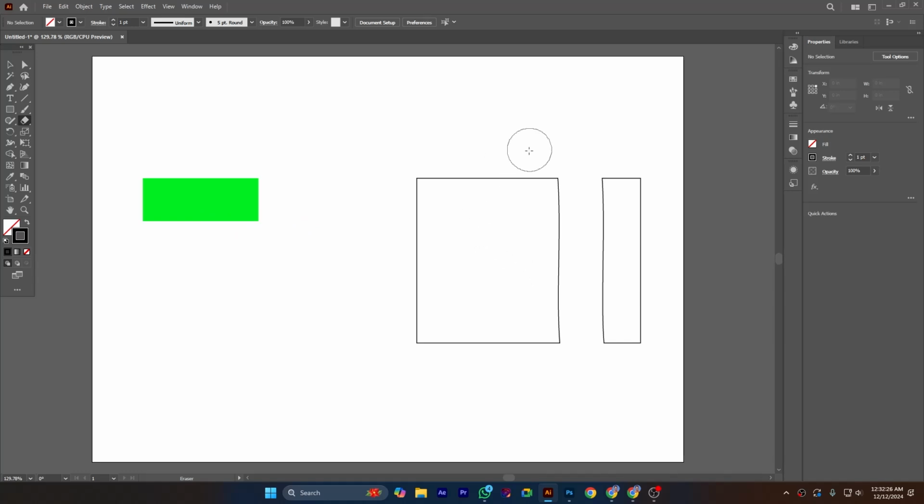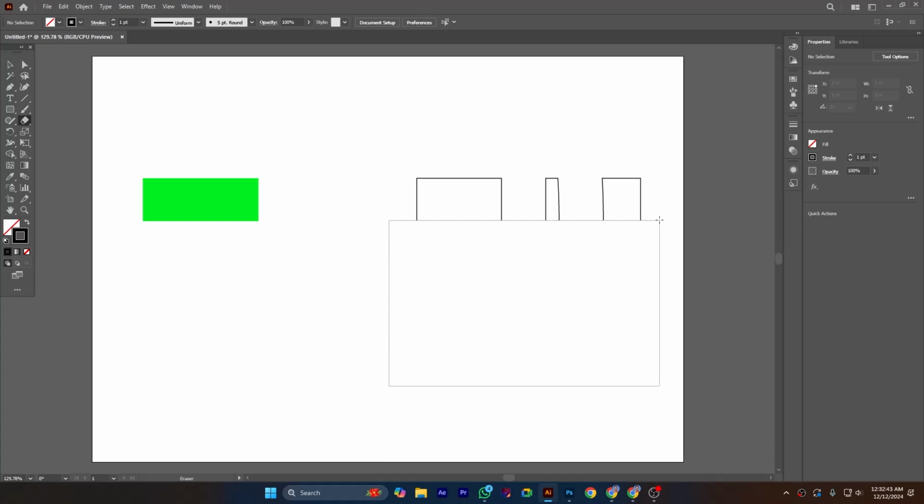If I hold down Shift and then drag, it will erase the path and create the path in a straight way. Also, I can hold down Alt and select the area of the parts of the shape I want to remove. So that was for this quick